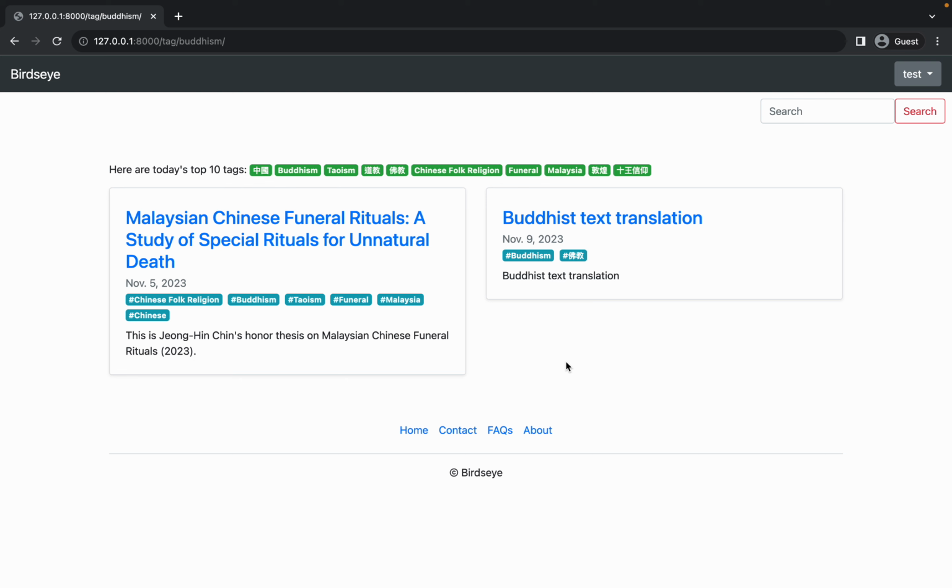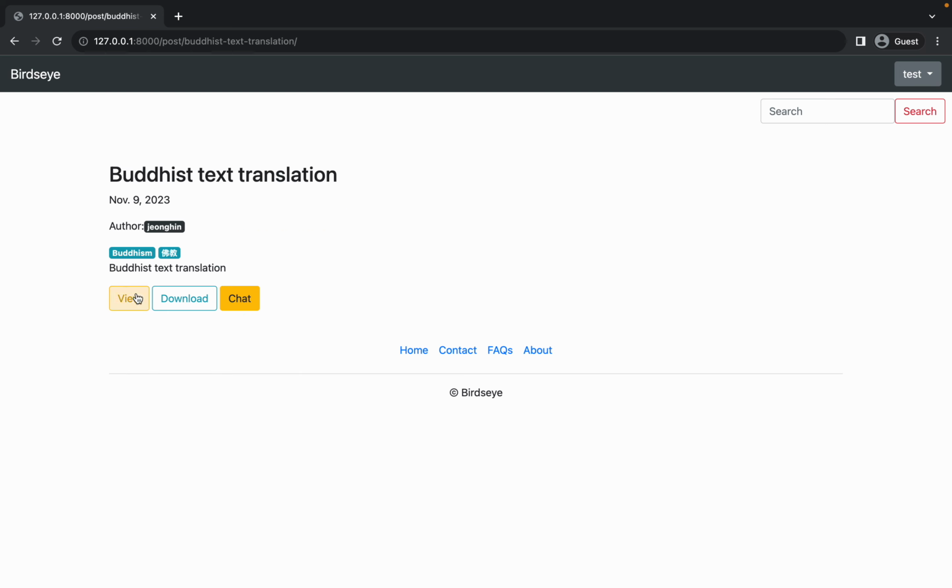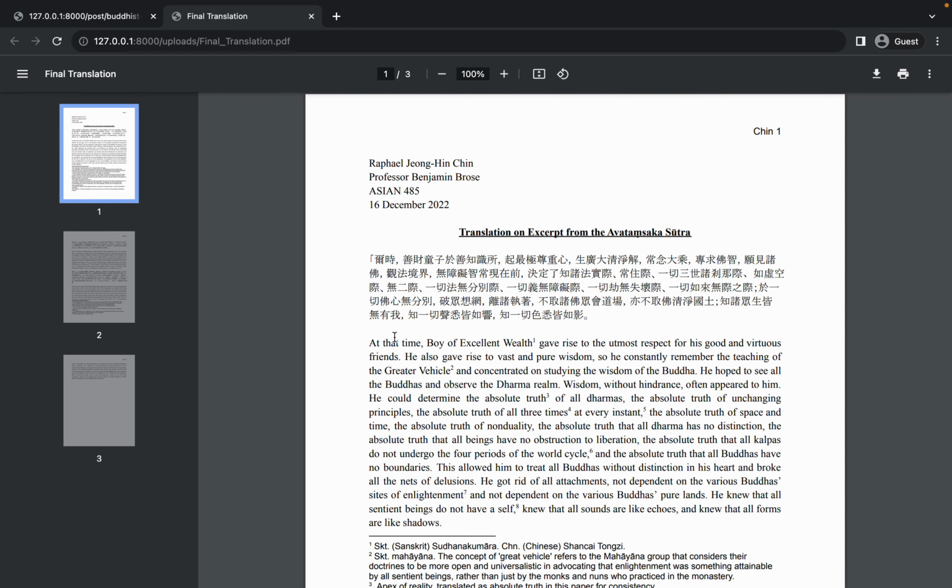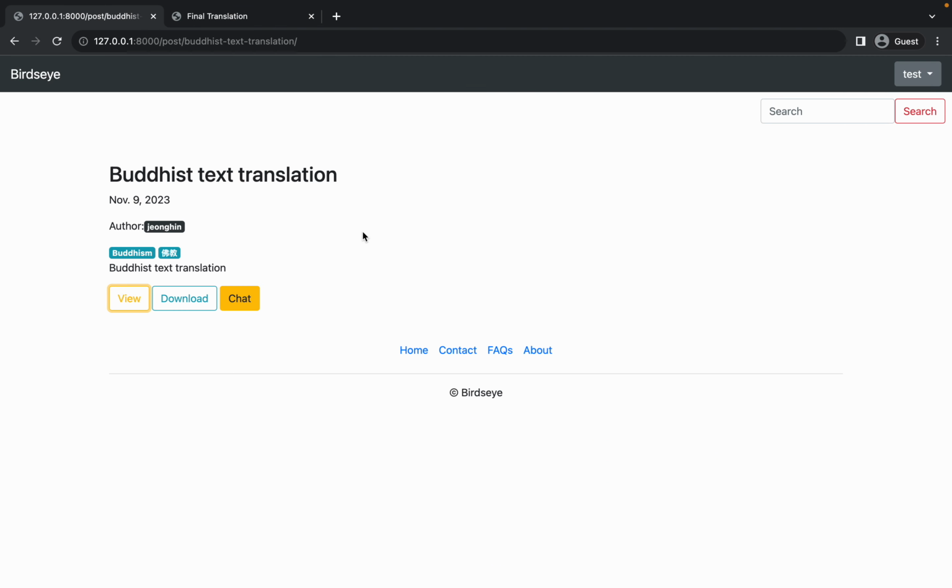Assuming each PDF is around 50 to 100 pages, and you don't have a lot of time to read through all of them, or you are worried that the PDF might not be suitable for your research, what you can do is this. It's an easy example: there are only 3 pages, translated by me, from one of the Buddhist Sutras. If you're lazy to read it, or you don't have enough time,